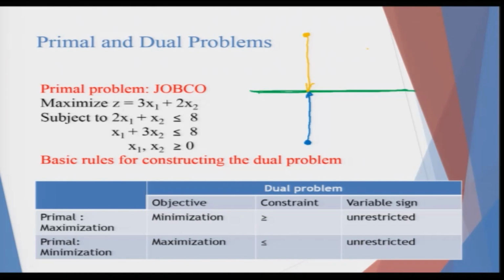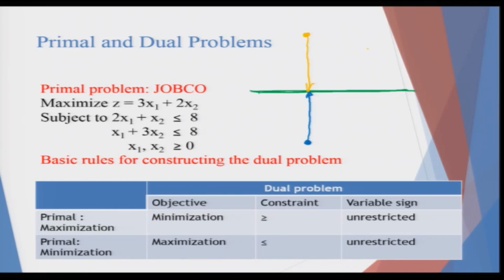So, in the primal maximization problem, the dual would be the minimization problem, which is the counterpart. Another point we should note is that if the constraints in the primal problem have a greater than sign, then the constraint in the dual would be the reverse. That means the greater than sign will be replaced by the less than sign, and the less than sign would be replaced by the greater than sign.